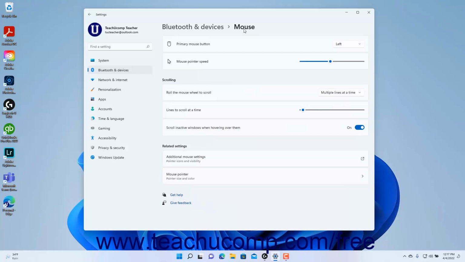To change the primary mouse button, which is left by default, select a choice from the Primary Mouse Button Settings dropdown. To change the speed with which the mouse pointer moves across the screen, use the Mouse Pointer Speed Settings slider. To set the amount of scrolling that occurs when you use the scroll wheel on the mouse, select either multiple lines at a time or one screen at a time from the Roll the Mouse Wheel to Scroll dropdown